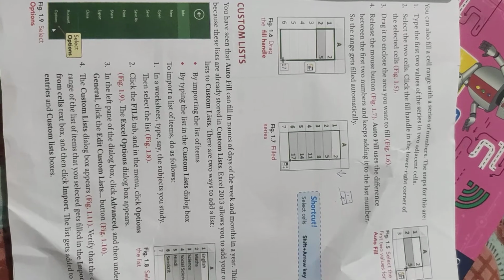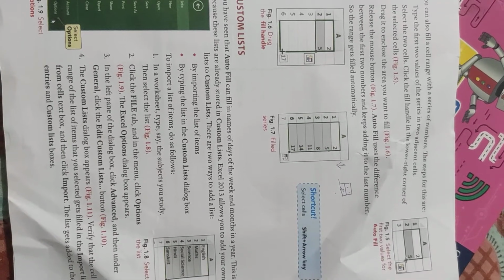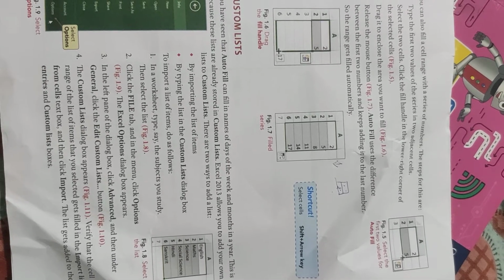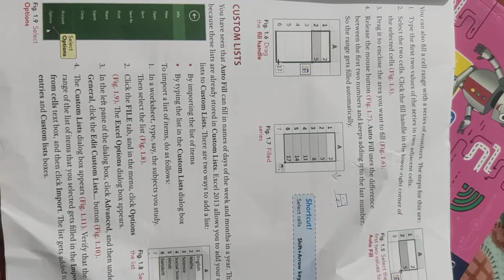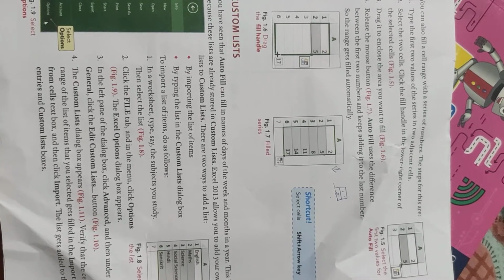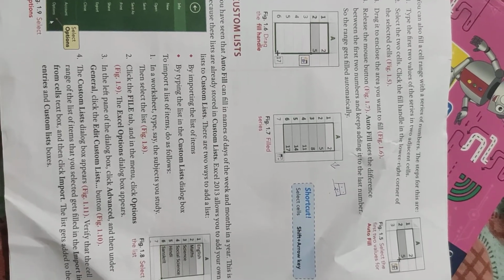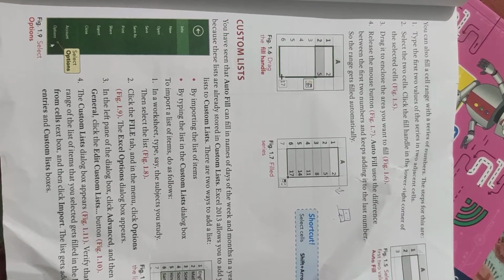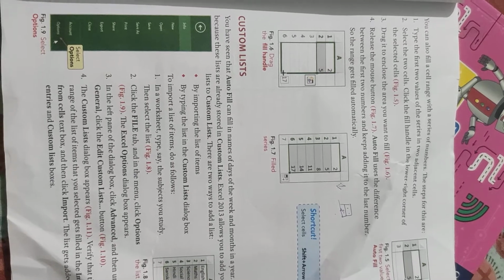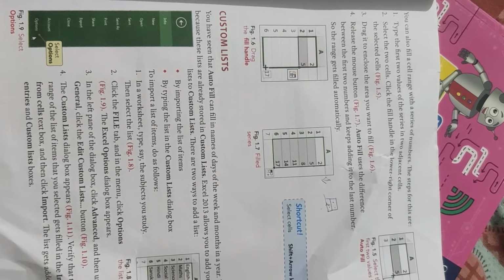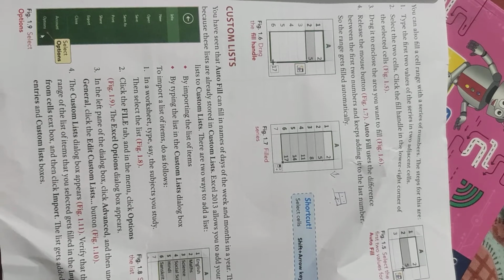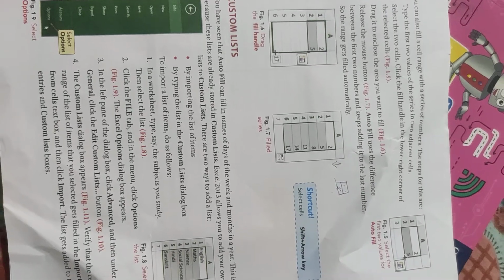Alright, so first of all, what is custom list? Custom lists are a predefined or given set of data which is either already existing in MS Excel or stored in MS Excel, so that later on when you drag and select a range of cells, you can have different options to enter a cell. If it is already existing then you can just add that imported list, or if there is no list but you want to enter some entries so that you can have that list later, you can create your own custom list.